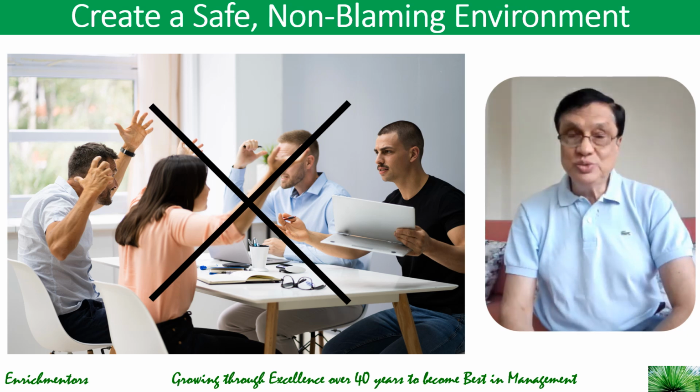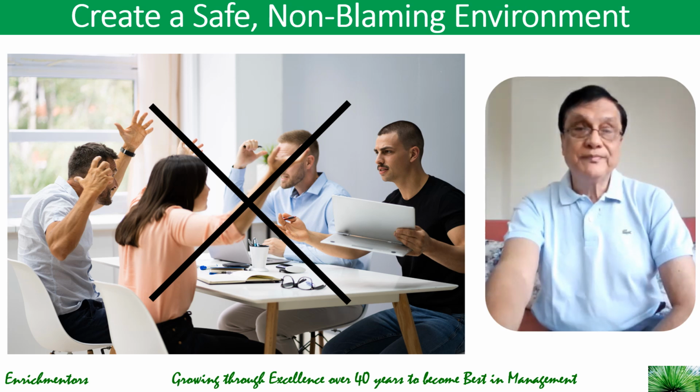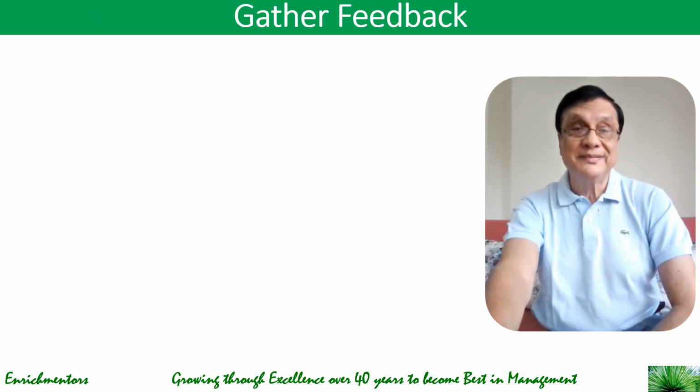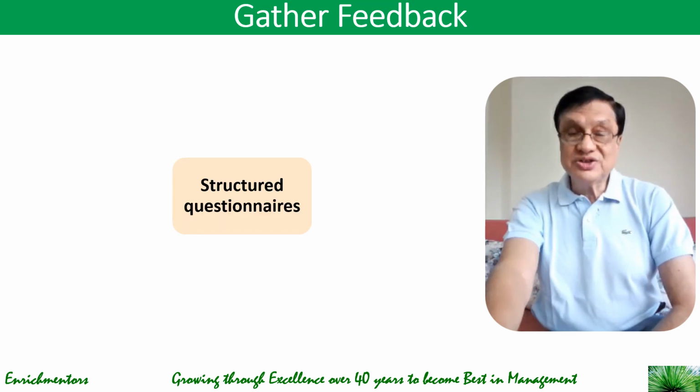And one of the things you could do is to use a neutral facilitator to guide discussions and manage conflicts. That's a good way, at least perceptually, for the team to know that it is a no-blame discussion that's going to happen. Then you gather feedback during the meetings. You conduct surveys and interviews using a structured questionnaire where you collect input from team members and stakeholders. And what are the areas that you cover here? You cover